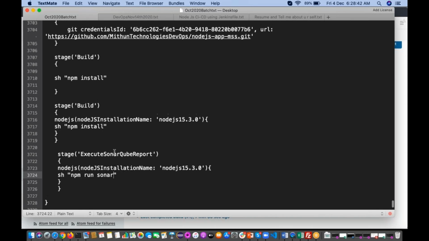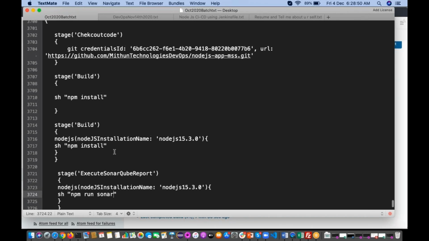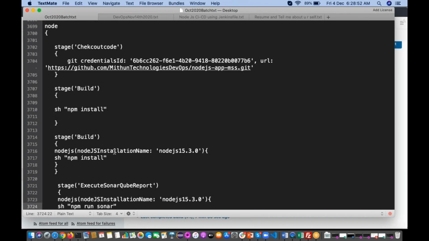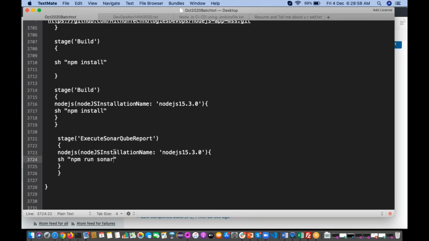We have configured the SonarQube server details; if it is a Maven project, we configure them in the pom.xml. If it is a Node.js application, it is not the package.json.